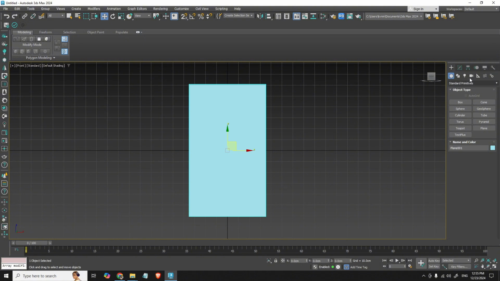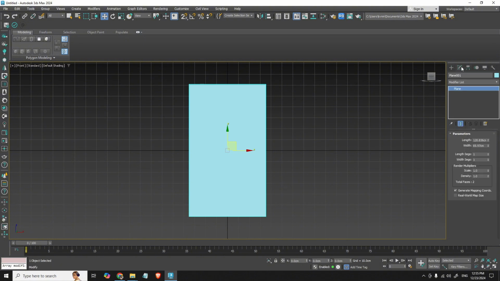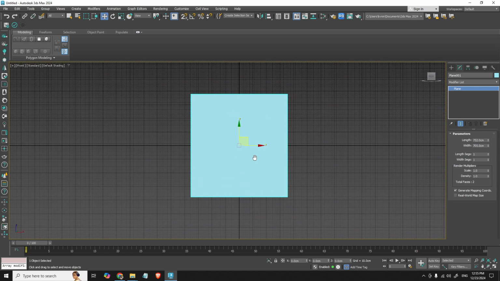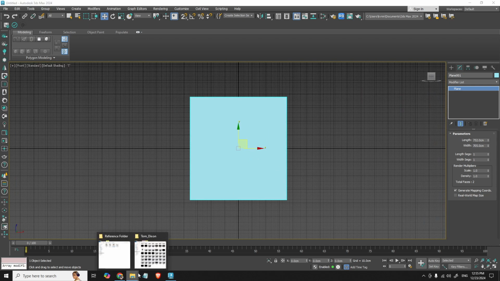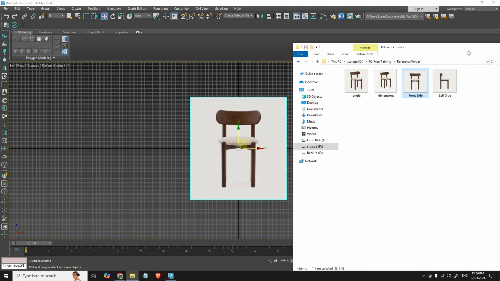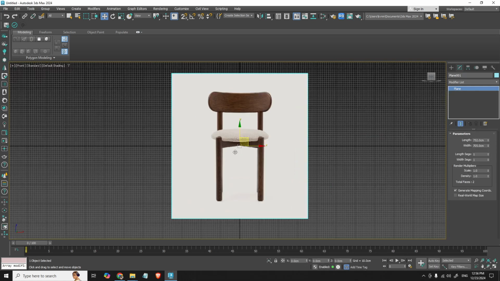And I will select this plane, and right here on the modify panel I will put in the dimensions we saw earlier, which is something like that if I'm not mistaken. And then I will just go right here and drag and drop this on the plane. And just like that, I can be sure that my image has the right proportions,